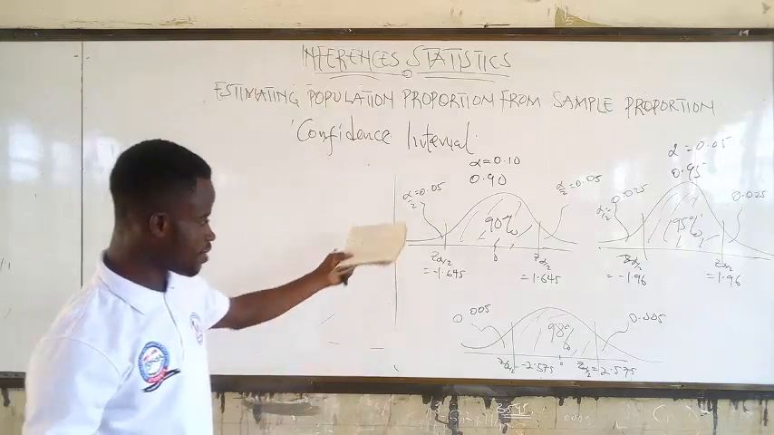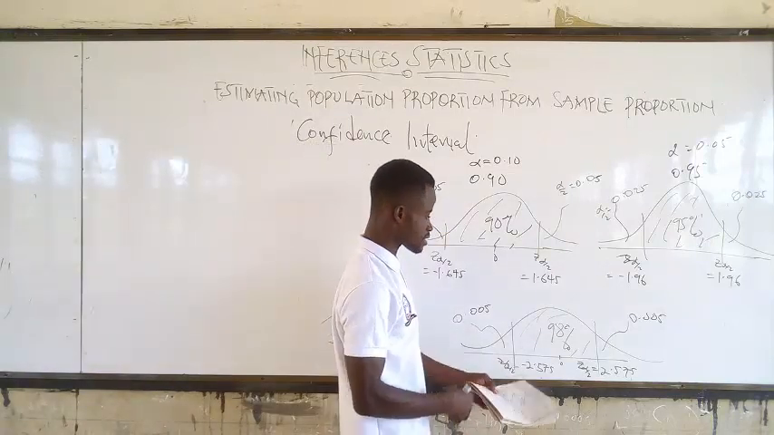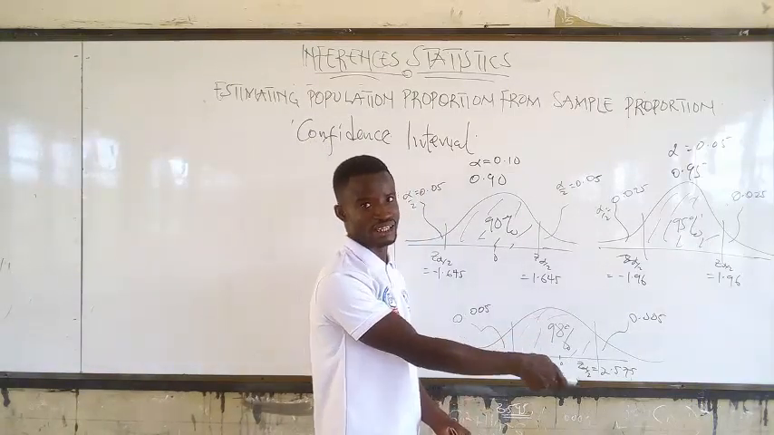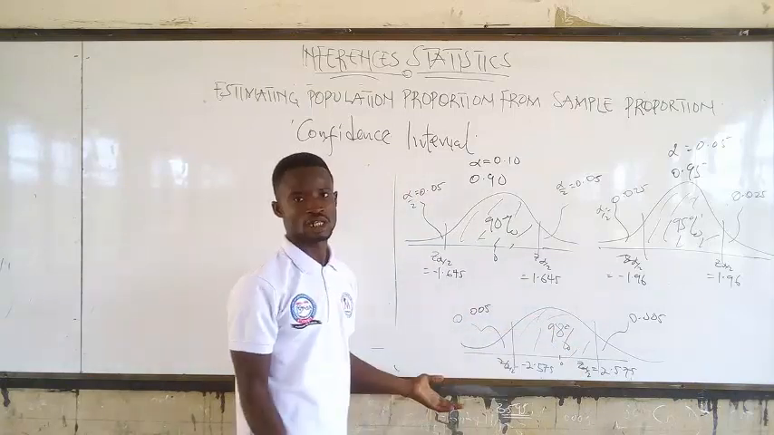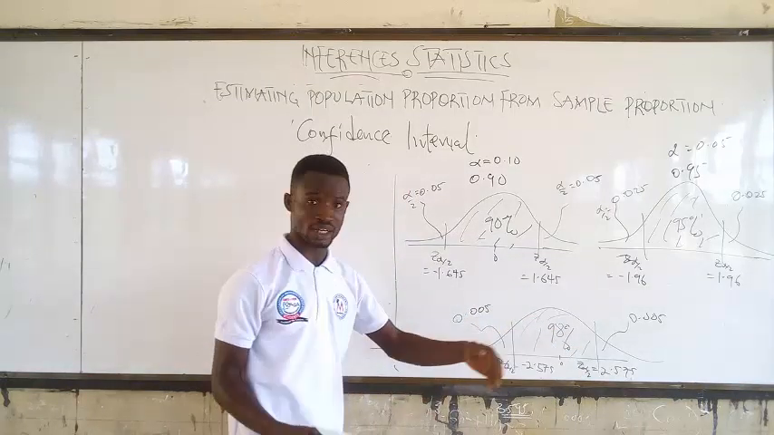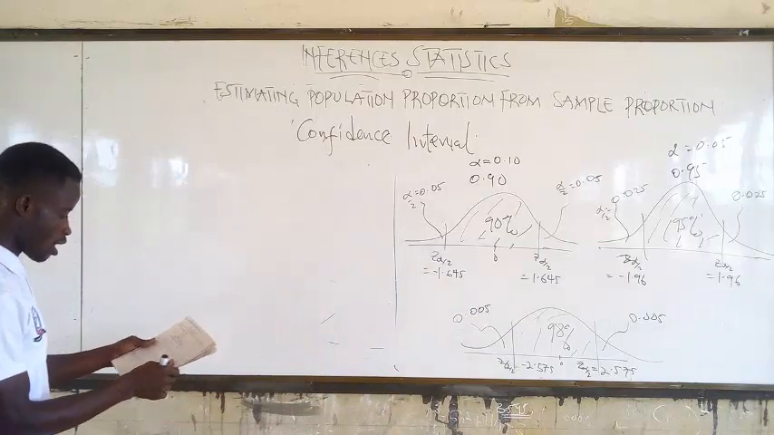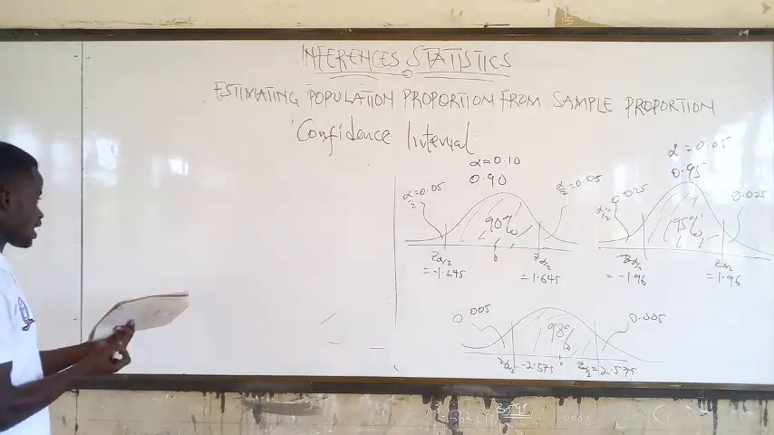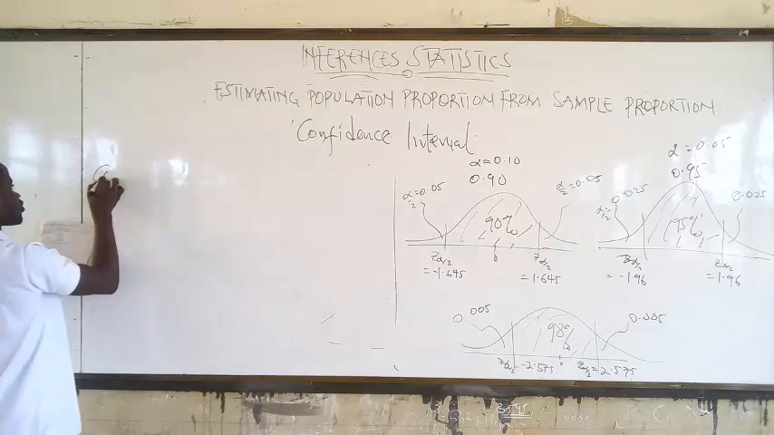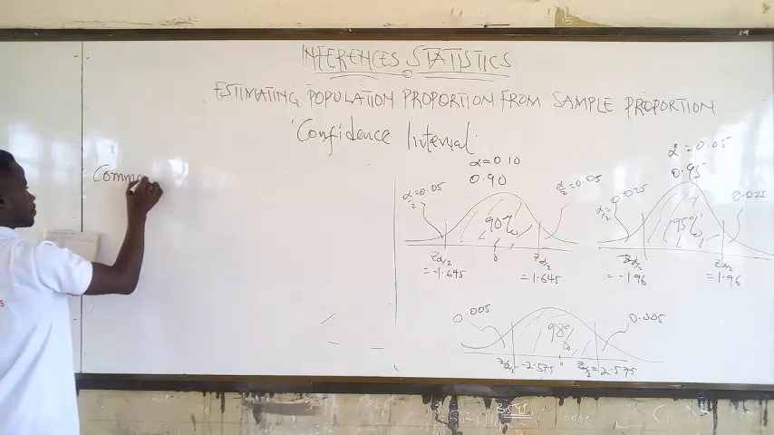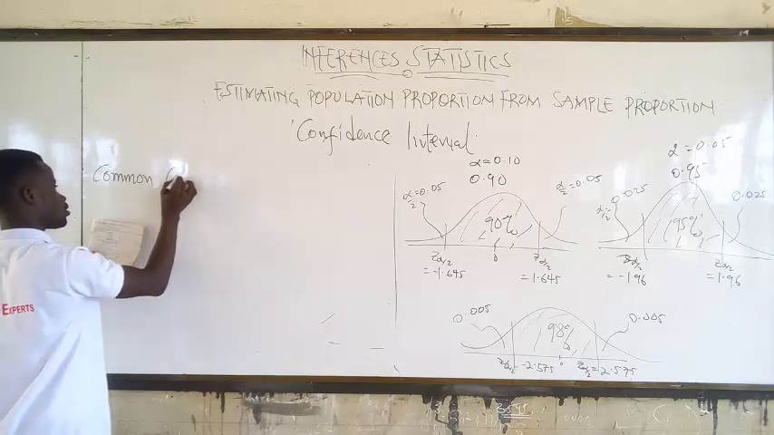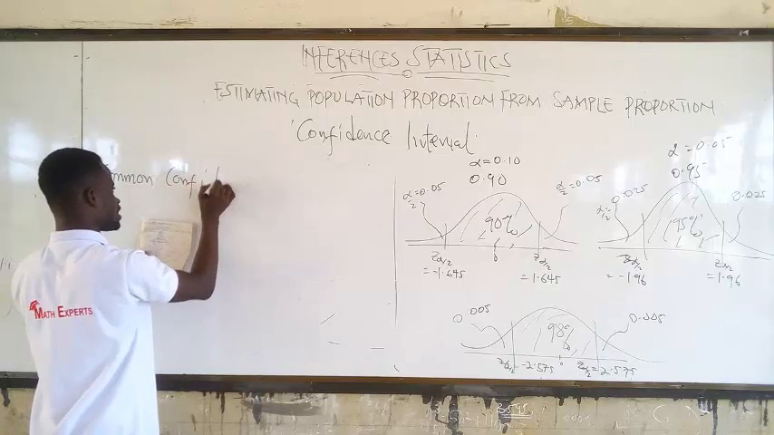So it's the same thing. Here too is 0.98, right? So divide that alpha by 2 and you get that. Good. Alright. So now let's look at the common confidence levels